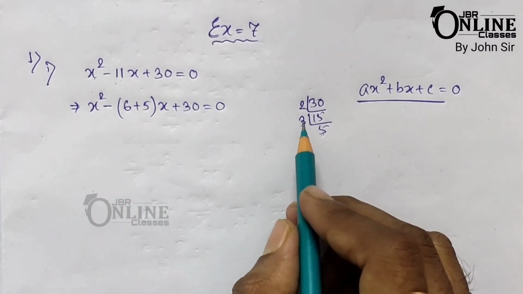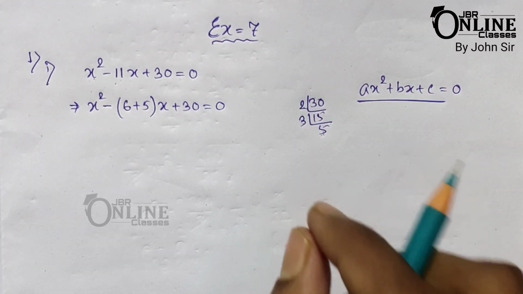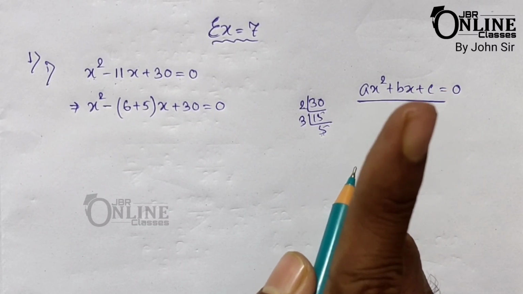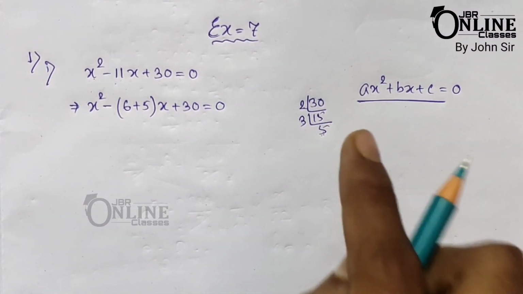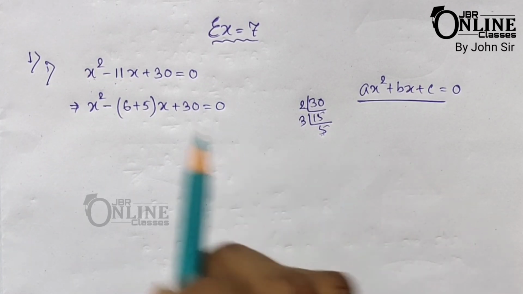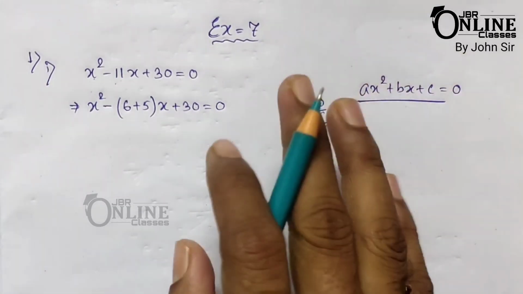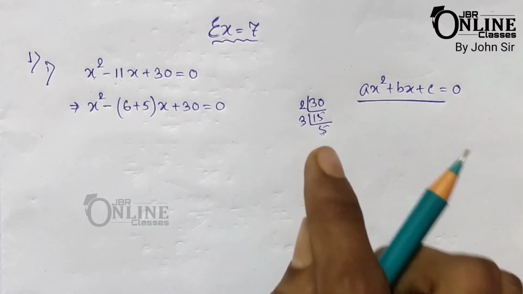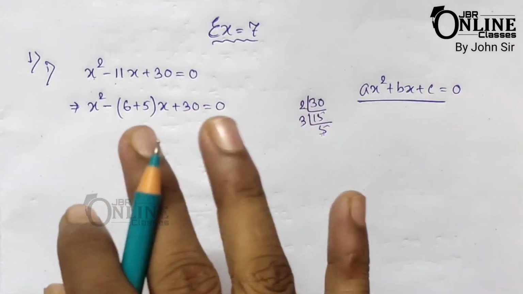Now you have to remember that you can multiply 2, 3, 4 times as you need, but you can add or subtract only one time. You can add or subtract, but you can't do both in the same problem. In the middle term factorization method, you can multiply 2, 3, 4 times as needed, but add or subtract only one time. If you add, then you can't subtract, if you subtract, then you can't add.